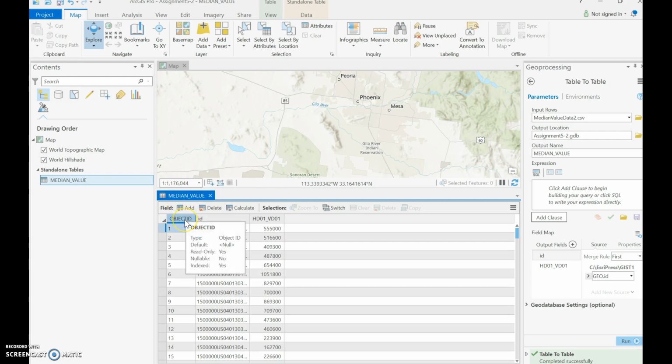So this object ID field needs to be there. If it's not there, then you can add a field here that says object ID, and I can work with you from that point forward. But you should try this and make sure the object ID field comes in. It should automatically create that for you. But then if I go here and I go X,